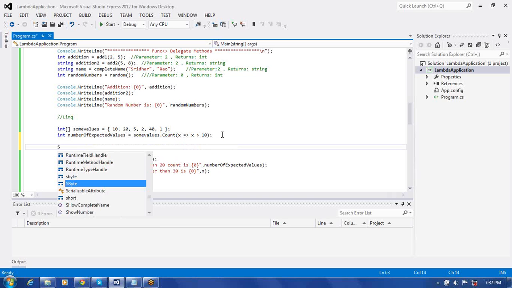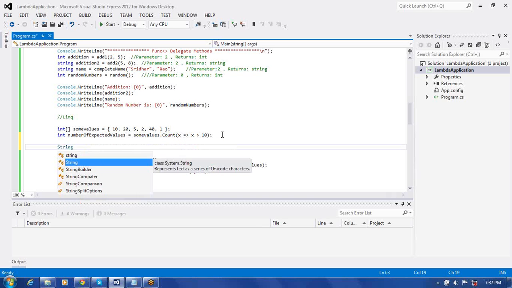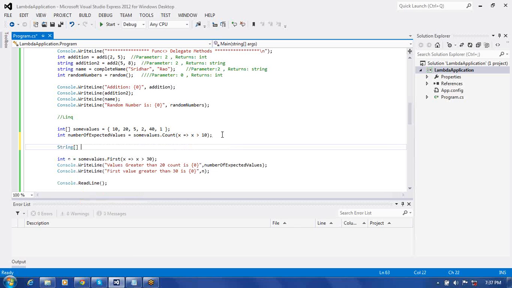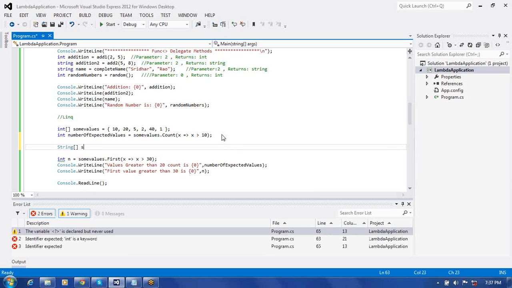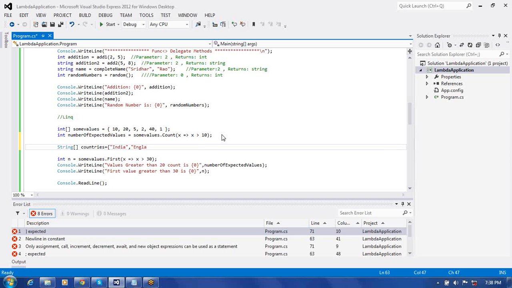I declare a string array. I can declare a string array. Here write strs or like this, countries is equal to, I put this way. You put India, then similarly England, then put like this here, Germany,